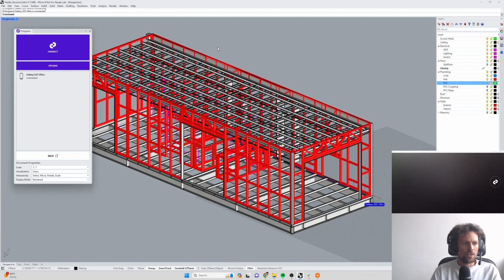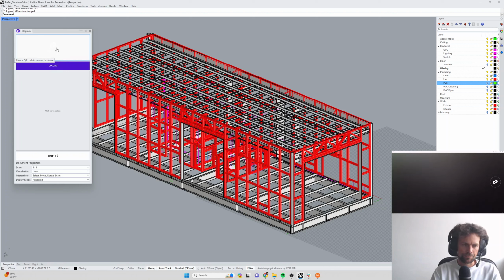If you want to stop a live session which is running in Fologram, you can use the XR stop command. That's going to close that live session and boot out any devices which were previously connected to it. I'm stopping now just because we're going to demonstrate the upload functionality of Fologram. But if you are having issues with sessions, maybe you've been running one for a really, really long time, or maybe you accidentally streamed a model with heaps and heaps of geometry and you just want to restart it, you can use the XR stop command to close that session,